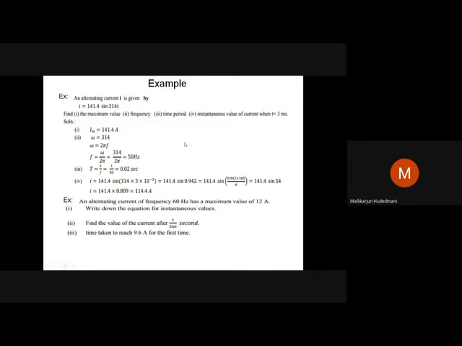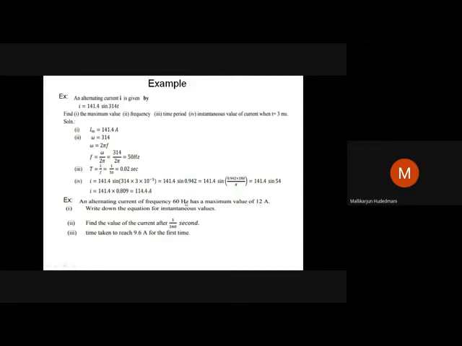This is one example making you feel mathematically whether you are able to get the value for a given time or not. Next, in another problem, they need not give you an equation like this. They are giving you text, as you can see. An alternating current, frequency of 60 hertz, frequency is mentioned, has a maximum value of 12 ampere. Write down the equation for the instantaneous value. It means this kind of expression is needed as requirement number 1, whose frequency is 60 hertz, whose peak value is 12 ampere. Then how do you write it?